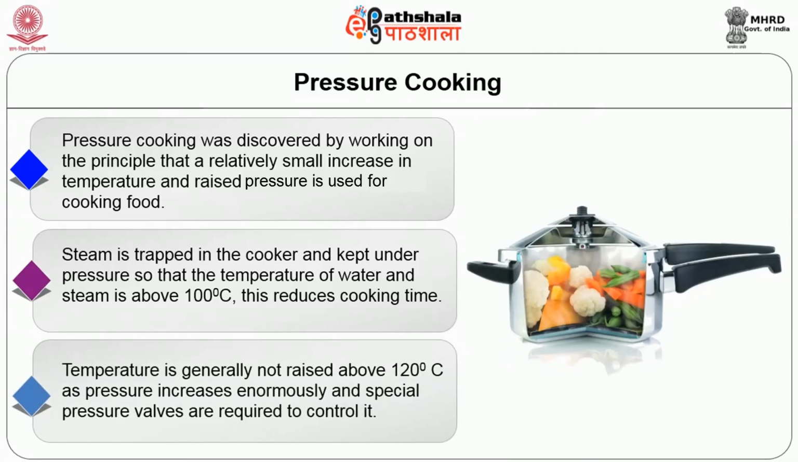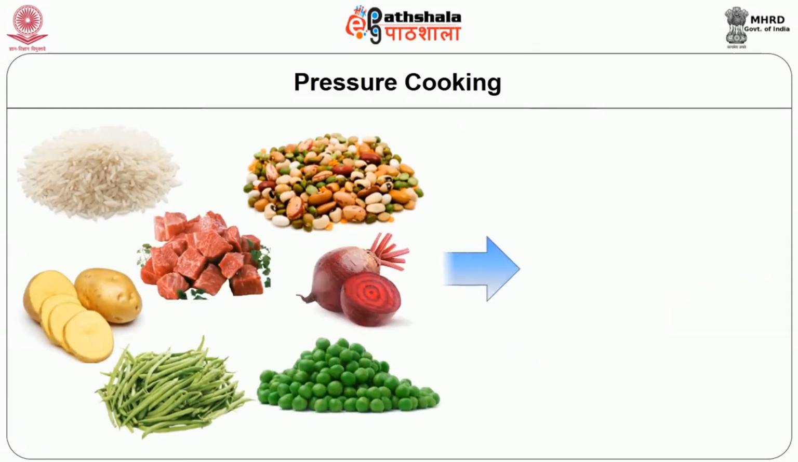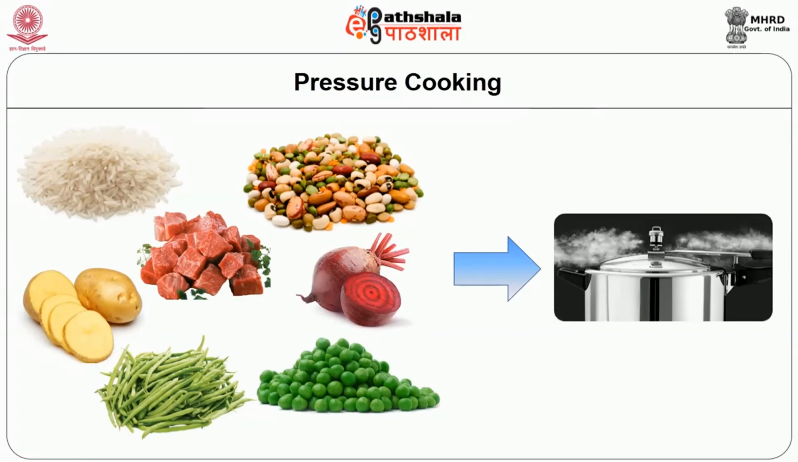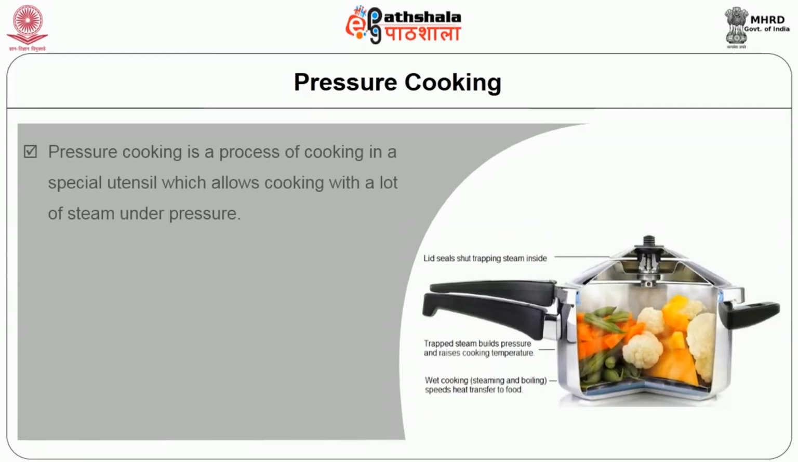Temperature is generally not raised above 120 degrees Celsius as pressure increases enormously and special pressure valves are required to control it. Rice, pulses, meat, potatoes, roots, beans and peas are cooked well in pressure cooker in the shortest possible time. Pressure cooking is a process of cooking in a special utensil which allows cooking with a lot of steam